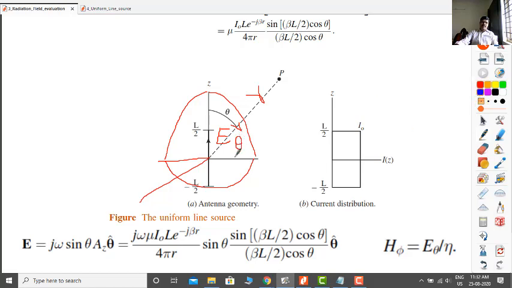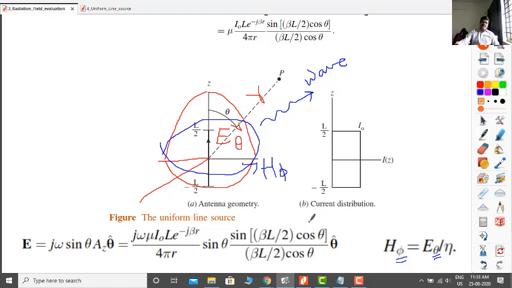And our magnetic field will definitely be oriented around the wire. So, our H will be along the phi direction. Therefore, H will be in the phi direction when the electric field is in the theta direction, and the total electromagnetic wave is propagating along the r direction. This is the wave which is propagating through the r direction.